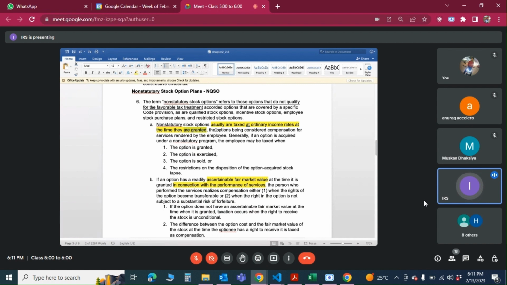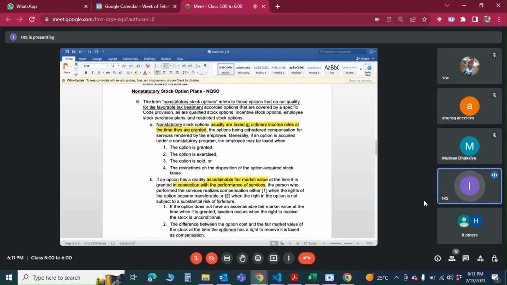When is that given to you? Maybe it was given in year 2020, and you are exercising that in year 2023. We have to see what is the grant date, what was the market value on grant date, at what price was it granted to the employee, and what happened in 3 years. Has the fair market value gone high or has it gone low? Depending upon all of that, we have to calculate what is going to be the taxable portion and at what rate it will be taxed.